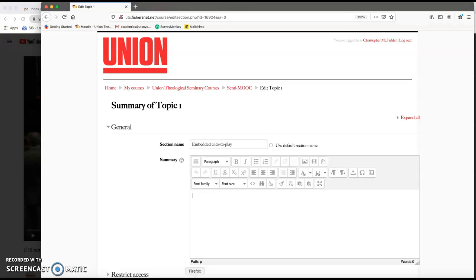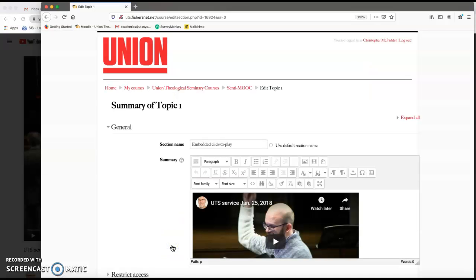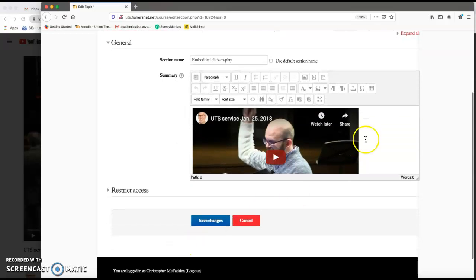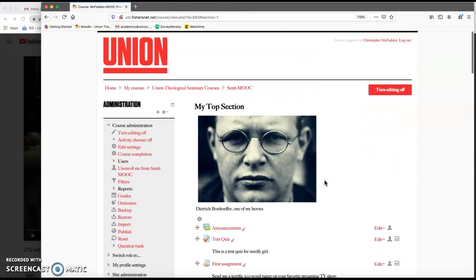Let's go back to the Moodle page. And then I'm going to, in this summary box, click on that Edit HTML Source icon, and it opens up an HTML source editor box. My cursor is flashing up in the top left here, so I'm ready to paste what I just copied into that box. And click Update. And notice that the image is showing right here in this editing screen, and we can click Save Changes to go back to the Moodle page, turn editing off,